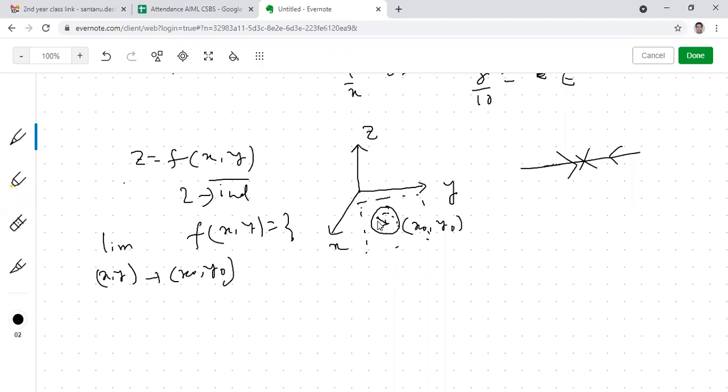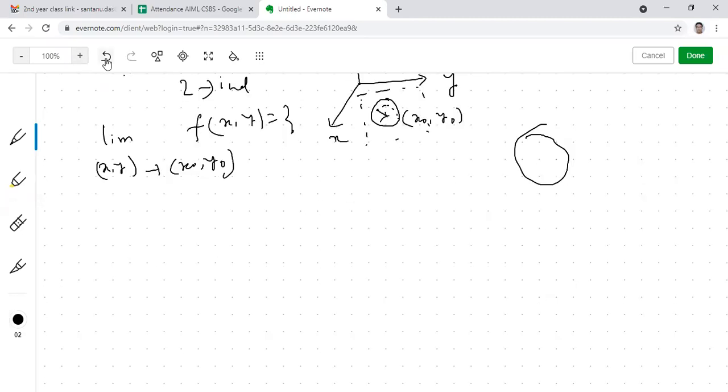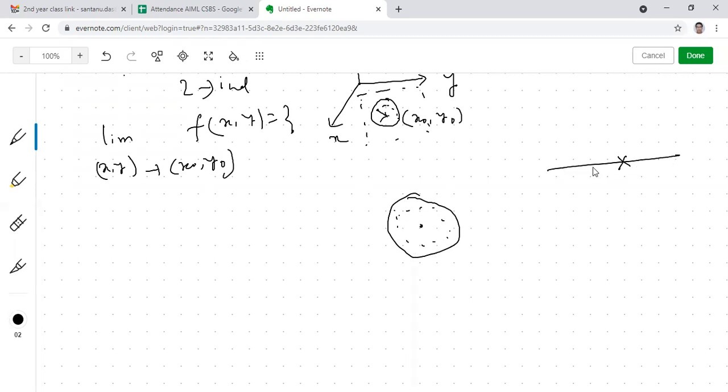Six directions? Two from each axis, like with respect to the x-axis there will be two directions. No, that is not it. Okay, how can we approach from these axes? For example, if we consider a point in space and the nearer points around it. If I take this point, this can be a nearer point, or this can be a nearer point. From these points I could approach towards this point, and all are nearer points.